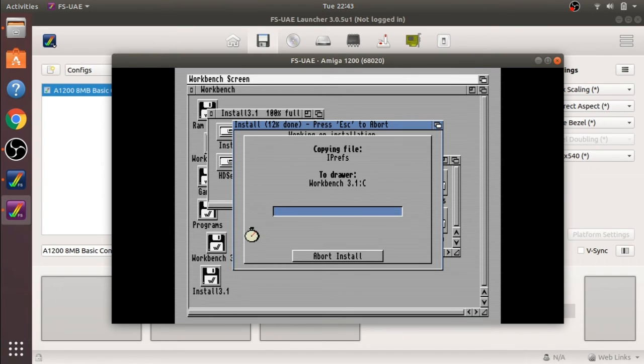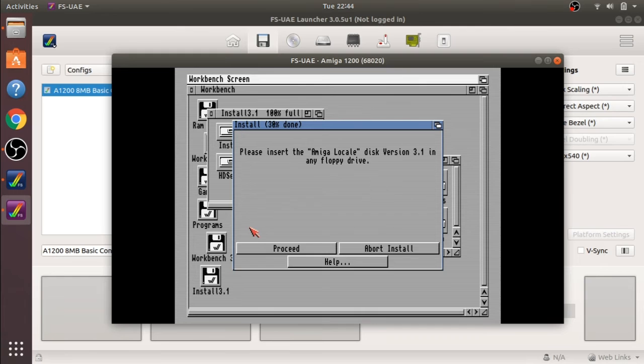So this will start to copy the files over to a directory called C, and classes, our data types in there. And what will happen, it will go through to the individual directories in the Workbench 3.1, and then we'll start asking us for disks afterwards. So S and system in there, so I believe S is our, if I remember right, S is our startup